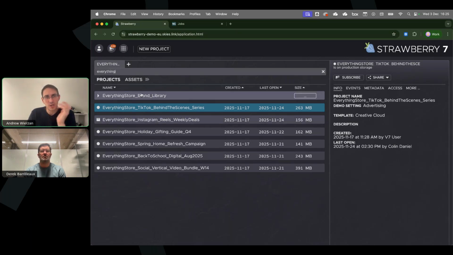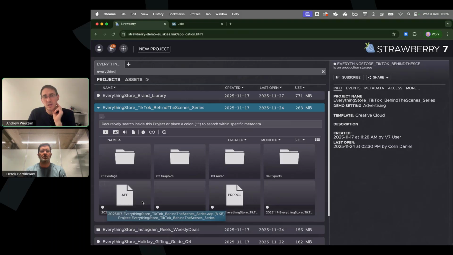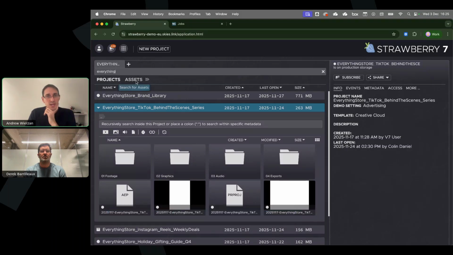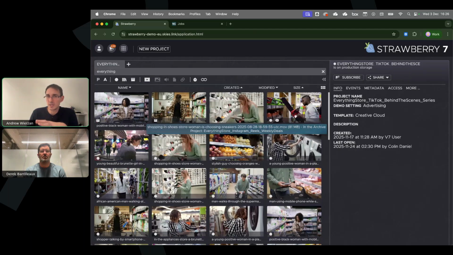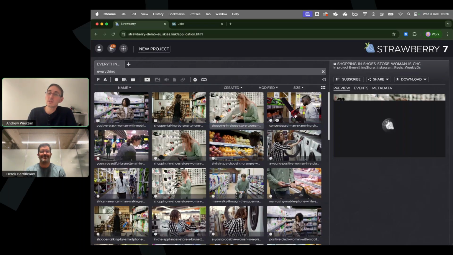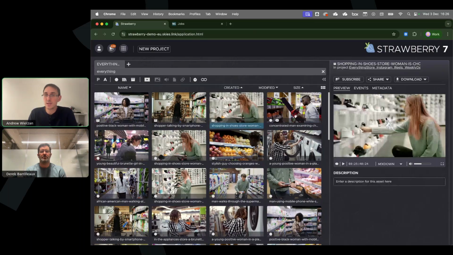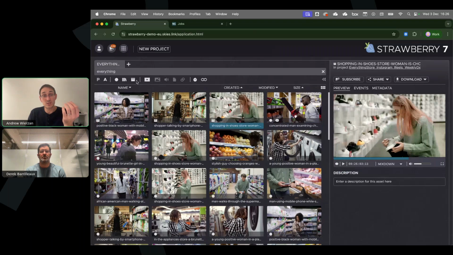So if we go here, we can navigate the world using the project view, but similarly there is the asset view in Strawberry, and within Strawberry 7 everything has been given a sort of update. So things like proxies are far more responsive, pending my BT broadband, of course. But you can load proxies, we can navigate, we can play proxies nice and easily. And then just to, again, reiterate it,